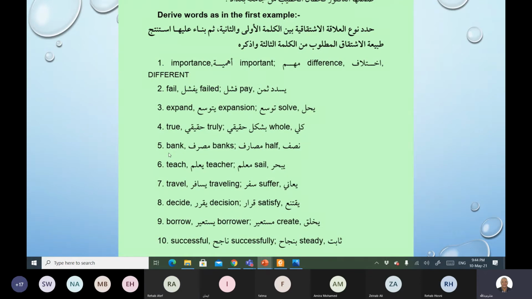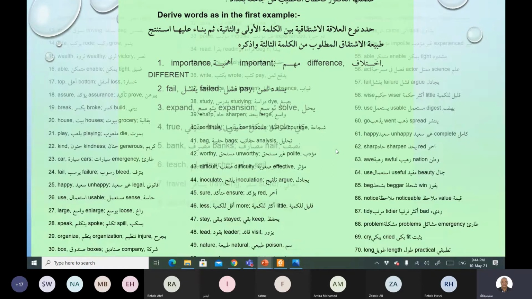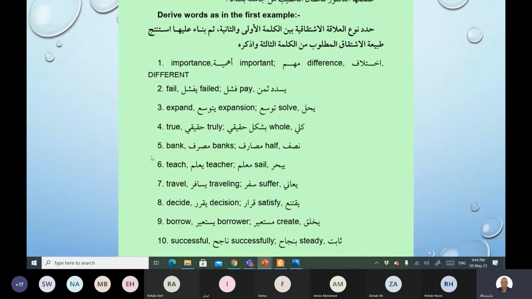So الفكرة بنقول هنا bank and banks. This is a noun and this is a noun. This is a singular and this is plural. Then we have half. فإيه الكلمة اللي تيجي الرابعة؟ So what is the word that we should have after half? يعني bank, banks, half should be what? مين يقول لنا؟ كده احنا دلوقتي هنا في number 5. bank, banks, half يبقى ايه؟